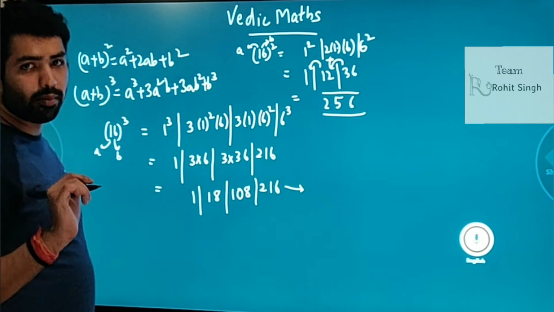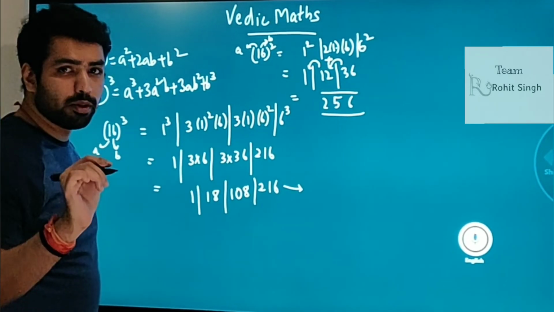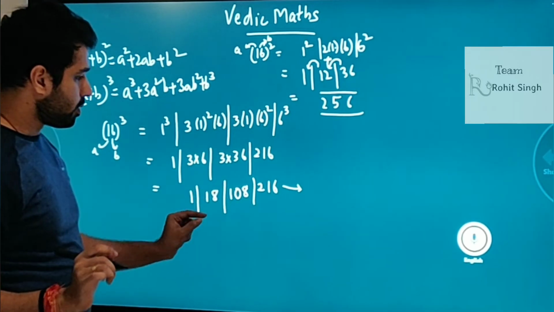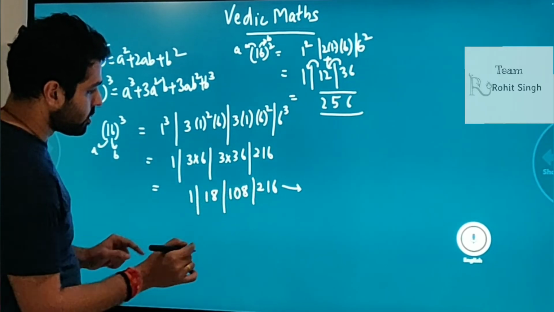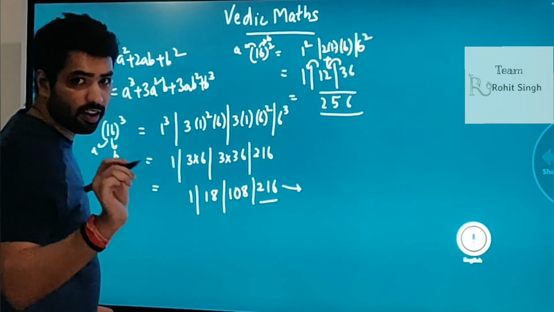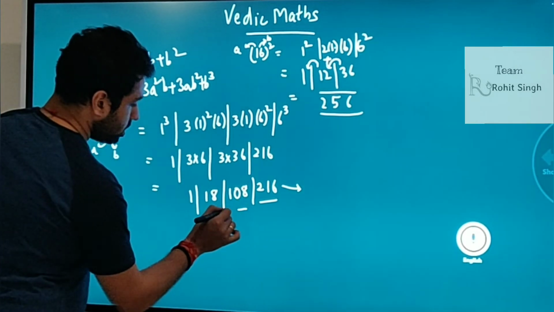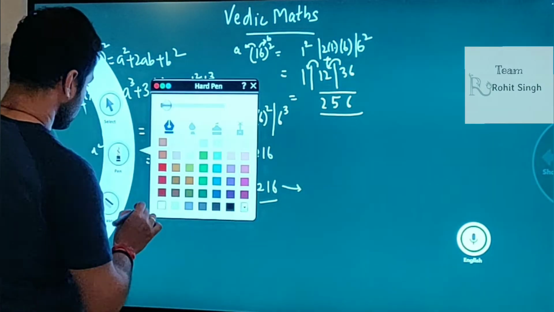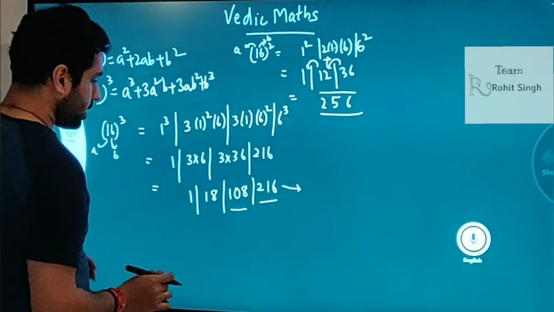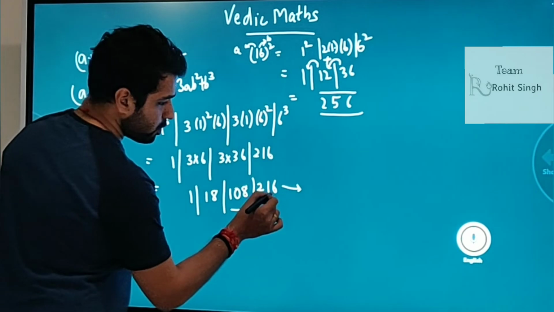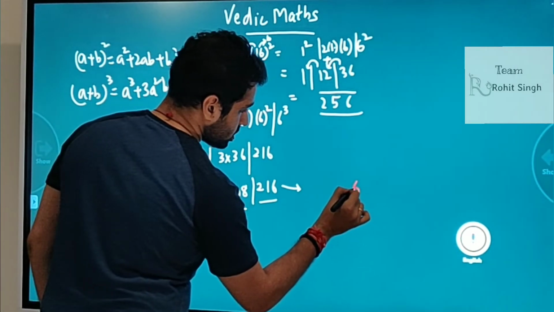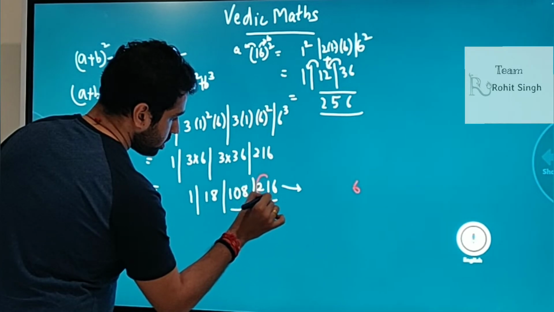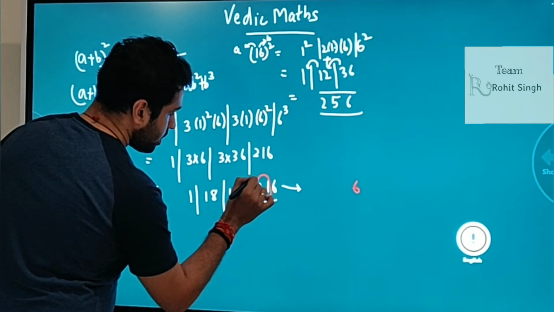One thing you should keep in mind is, unlike the problems that we have solved till now, in this problem we have 3 digits over here. So far we have solved only 2 digits. Let us see how the carry is done. First we write down the units place as it is, so we get 6. Next, 21 that is there over here will be carried and